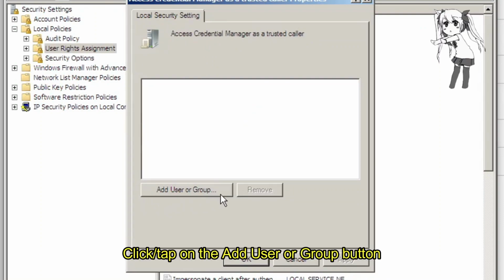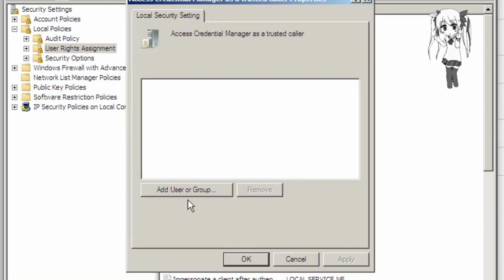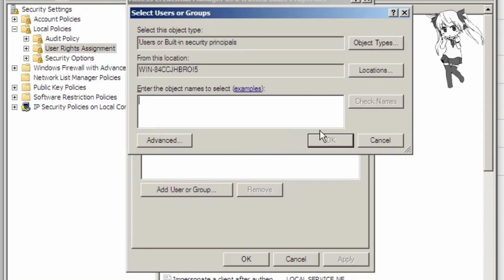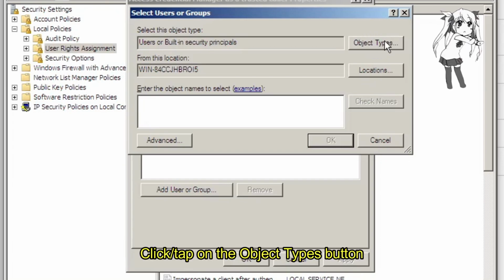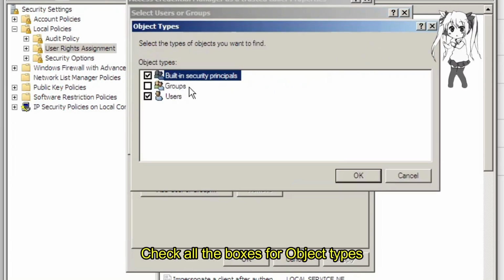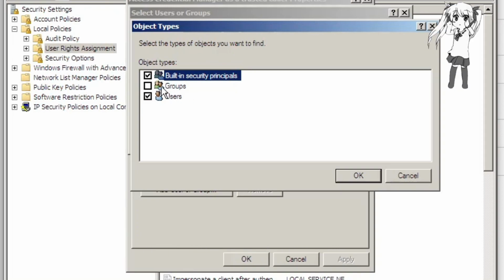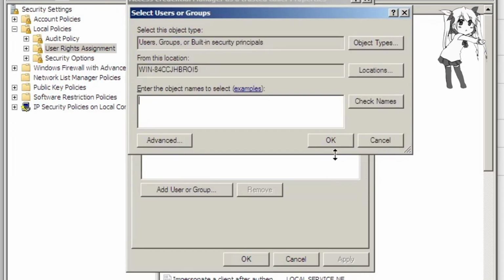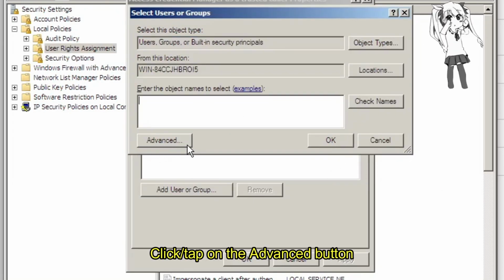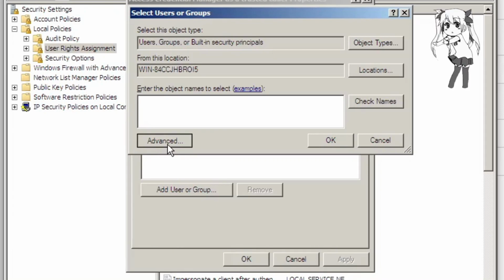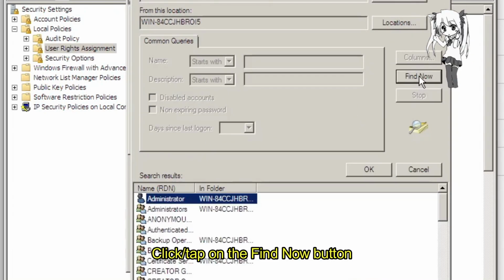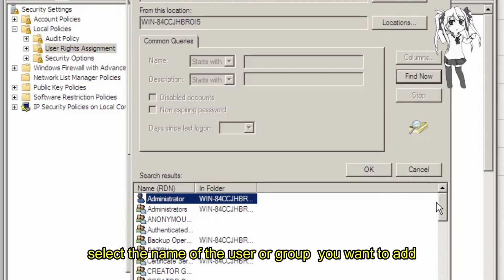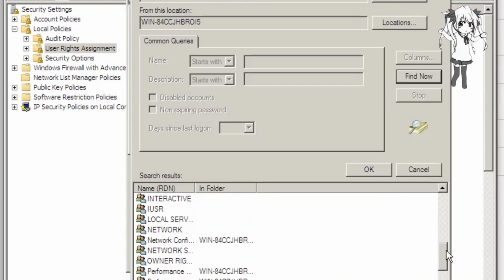Click or tap on the Add User or Group button. Click or tap on the Object Types button. Check all the boxes for object types and tap on the OK. Click or tap on the Advanced button. Click on the Find Now button. Select the name of the user or group you want to add,